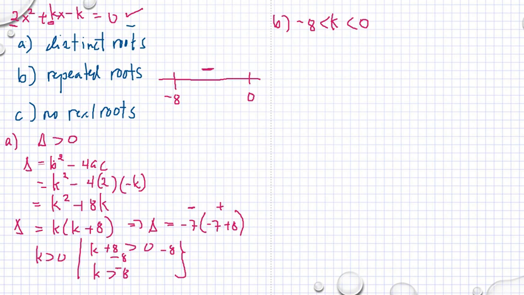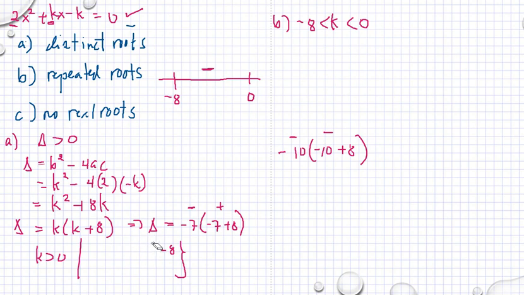That means if we try negative 10, negative 10 times negative 10 plus 8, you can see that we have negative here and we have negative there. So to answer A now,